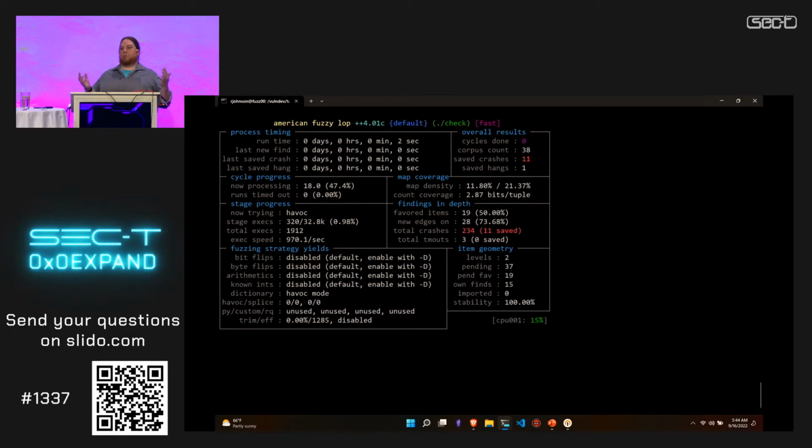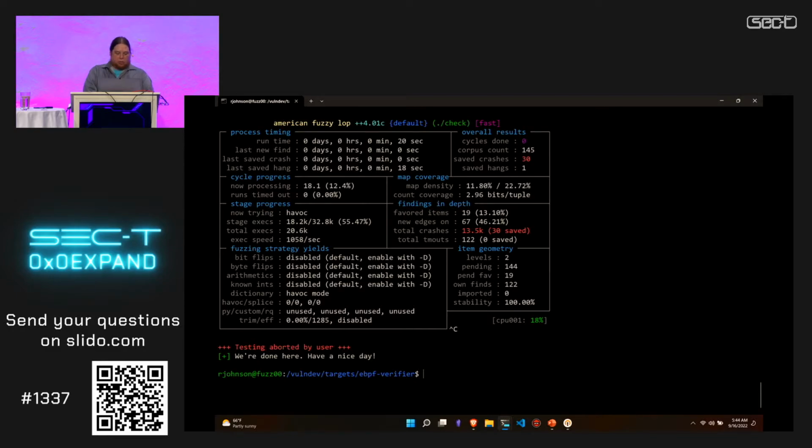We get crashes right away. And this is literally using stock inputs and the current build of the eBPF verifier and finding crashes instantly. And this is directly exposed through the Windows surface and may eventually make its way into Linux as well. So we're finding crashes live. We could do something like